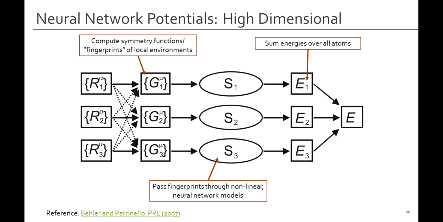neural network. And you'll note that pairwise distances passed through a nonlinear model equals some degree of many-body interaction. So there's one of the check marks that I told you to watch for. And then once I run these fingerprints through the models, that gives me an energy for that specific atom, which I can sum up to describe the energy of an entire system. So let's look into that in a little bit more detail to see how this simple concept can be used